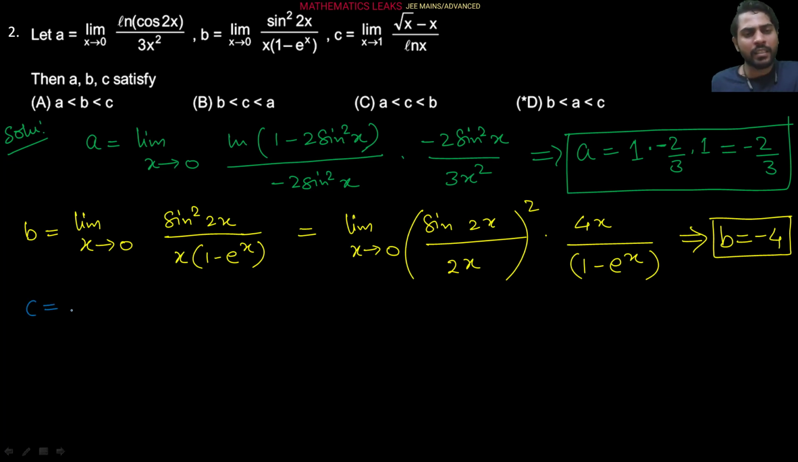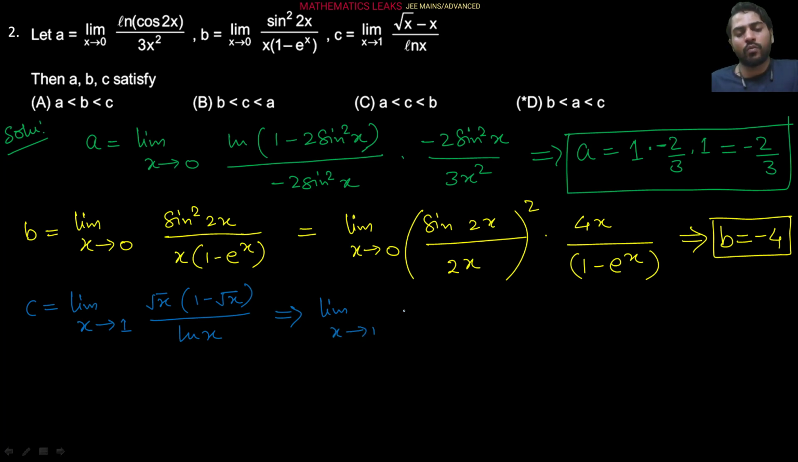C part is saying c is equal to limit x tends to 1 of (root x minus x) upon ln x. Here we can take root x common in the numerator, so that will be 1 minus root x upon ln x. Now x tends to 1, so root of 1 is 1 only, so we can write that as limit